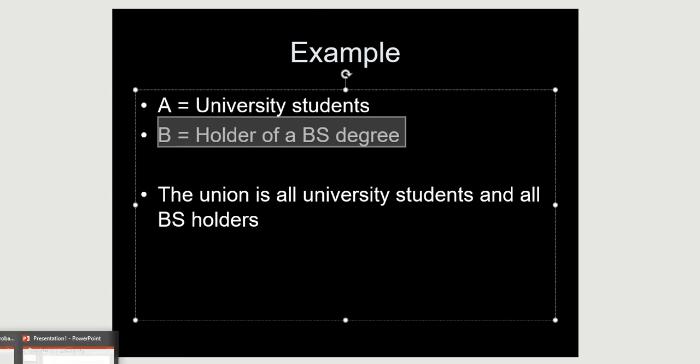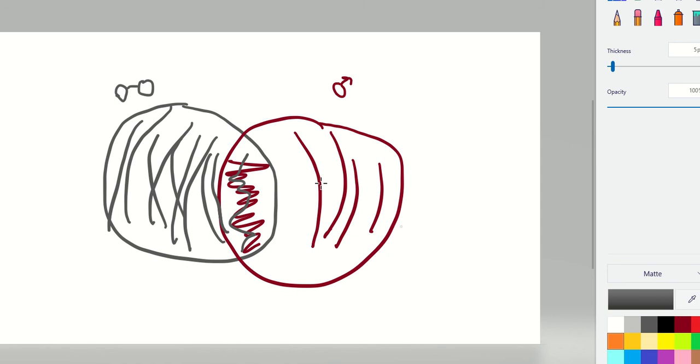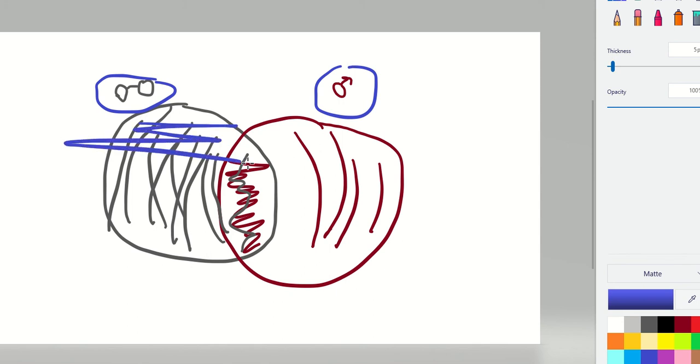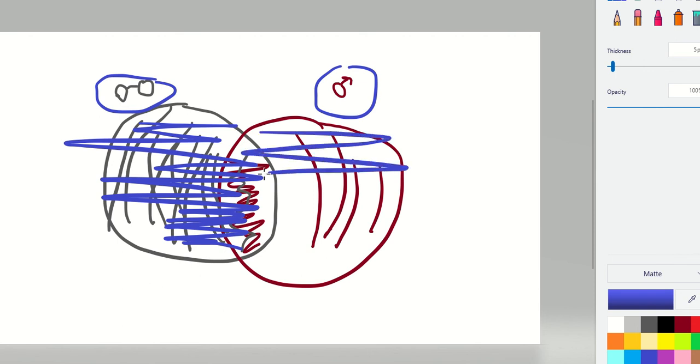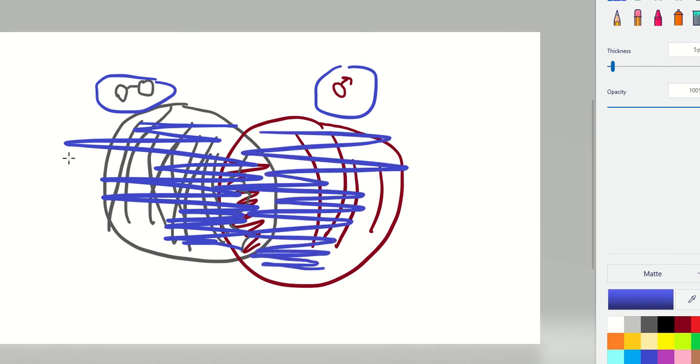So if we go back to the example we were talking about, this time it's wearing eyeglasses, okay, or being a boy. The minute you wear eyeglasses, you're a success. So it's all of those wearing eyeglasses. However, we're also going to take all the boys. So both are part of my success. Okay,